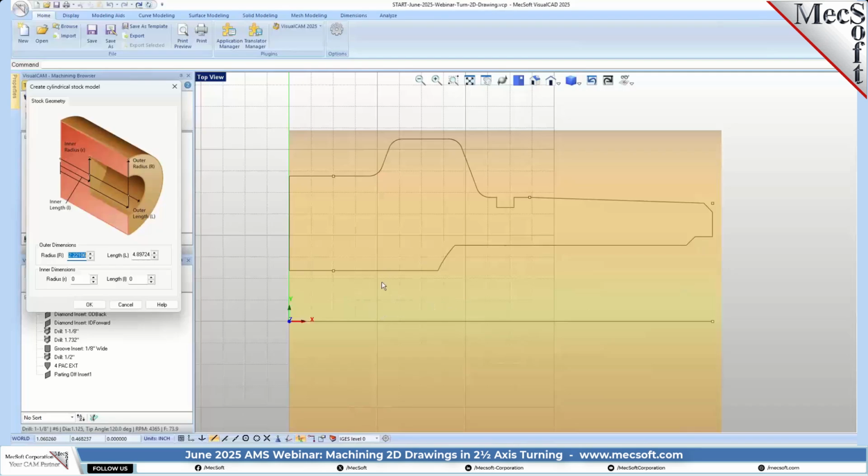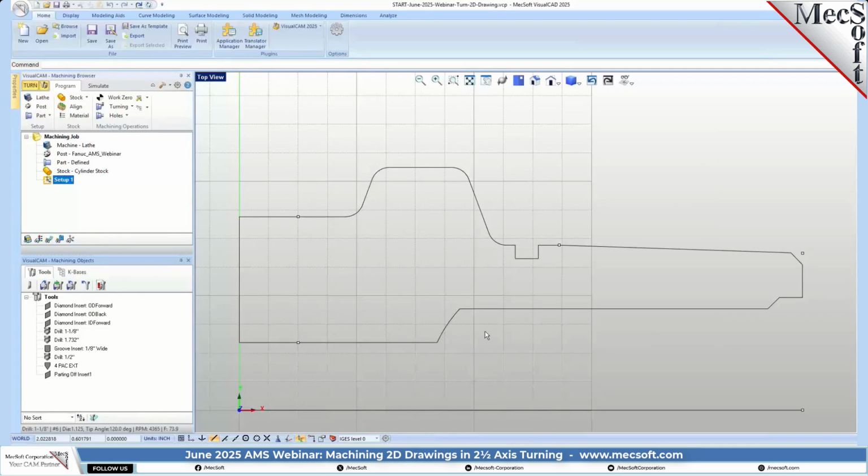And the reason the part is this big, because you need, if you're going to do any ID turning, you need to have enough room in there to get your insert and your tool holder in there. If you cannot get it in there, you're going to have to do all of your ID cutting with drills. And you can do that too. I mean, you can get a drill in practically any size, just calculate the sizes you need, and you can drill this out just as well as finishing it. So we got our stock set,